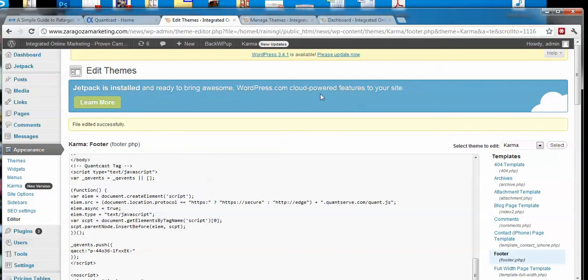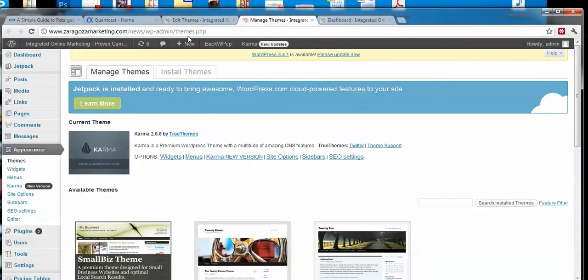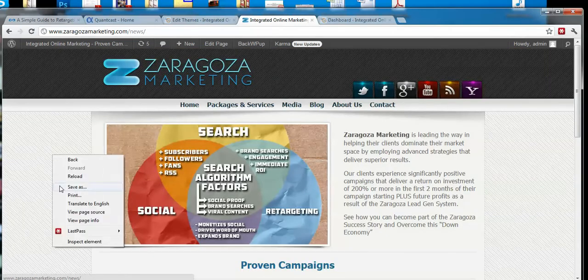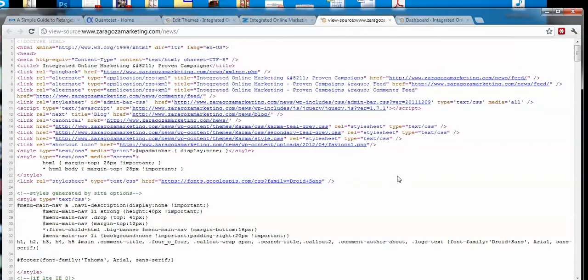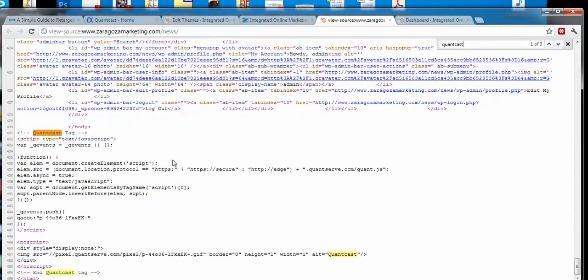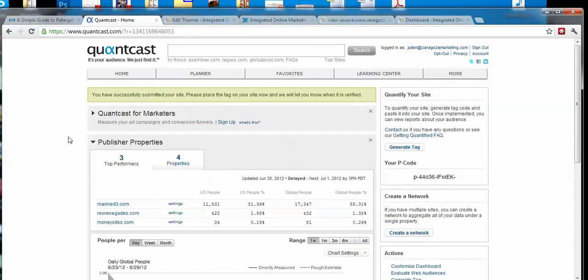So now what we want to do is just check to make sure that it's on there properly. So let's go back to the website, and I'm going to right click and view page source, and I'll click find, and I'll look for Quantcast, and the Quantcast tag is on here. You can see that there's the end Quantcast tag and the beginning Quantcast tag. So it's all installed on there correctly, and in a few days you can come back to Quantcast and look